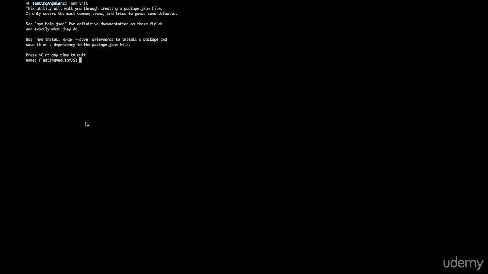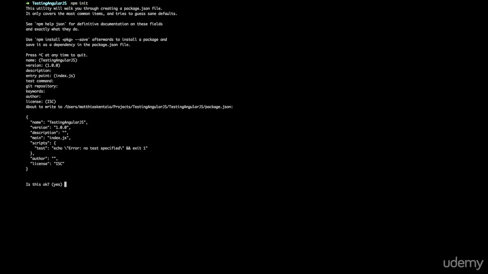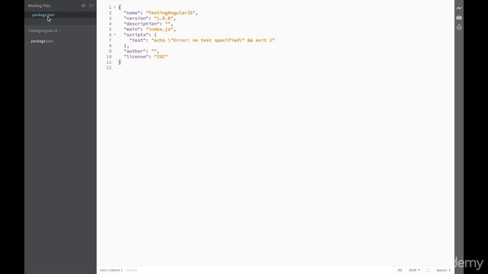So here we've got Brackets and an empty project directory. So let's start by installing Node. Open up terminal, cd into your project directory and write npm init. This is going to ask us a bunch of questions, but we just need to accept the defaults for now, since it won't affect our project. Head on back over to Brackets, and here you see that a package.json file has been created, which contains some